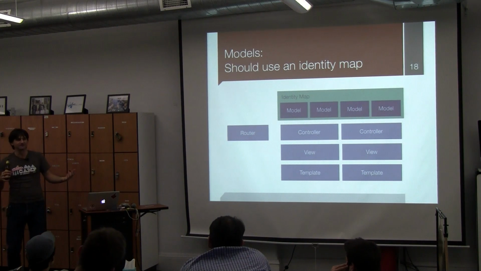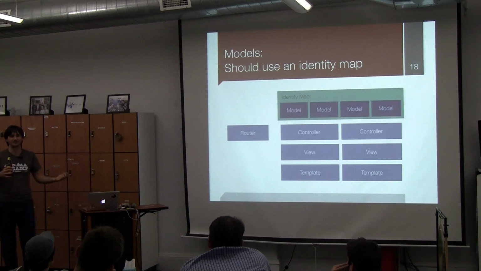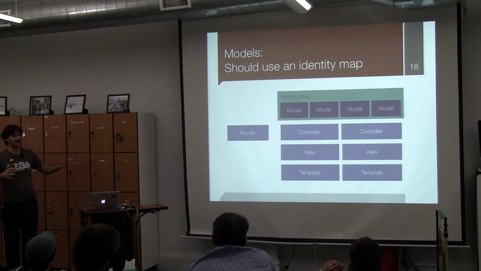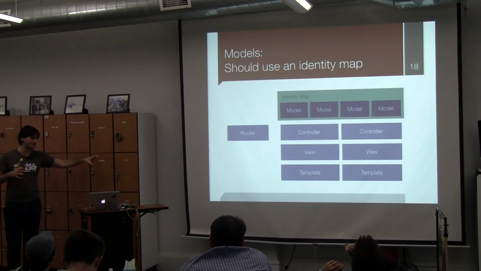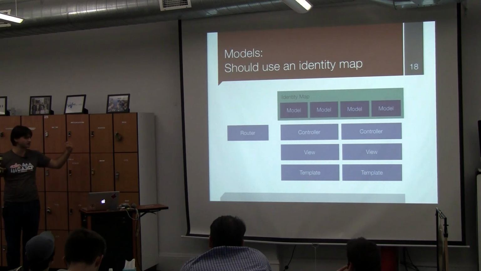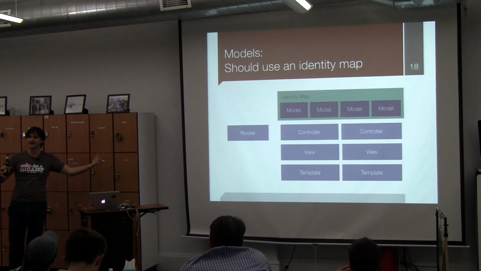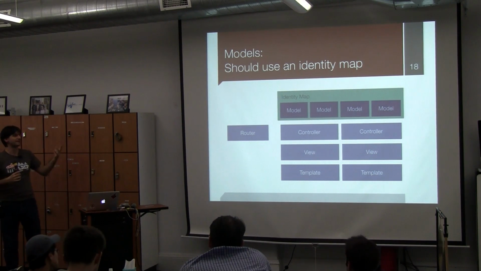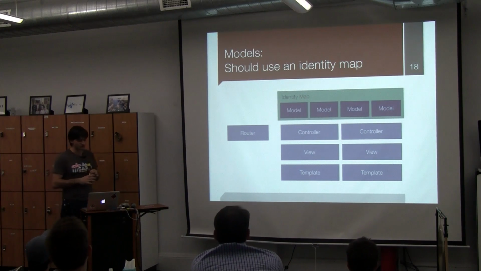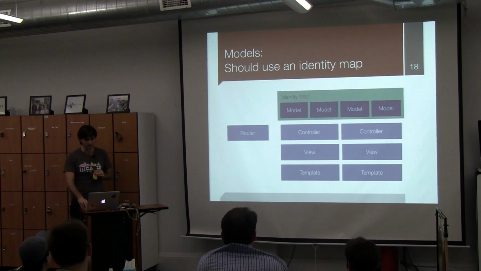That may seem obvious, but unless you do something to make it happen, you might populate an object from the API for ID 5 over here and a different one for here, and if you change this person's name, then this object's name still remains the same. So an identity map is an important tool to have in your Ember tool chest, and we'll look at the most popular implementation of